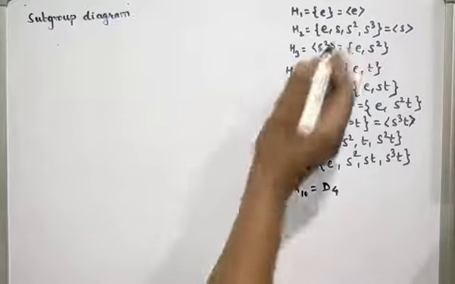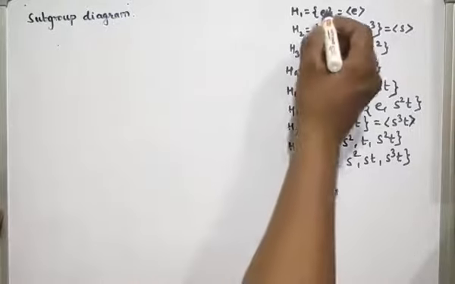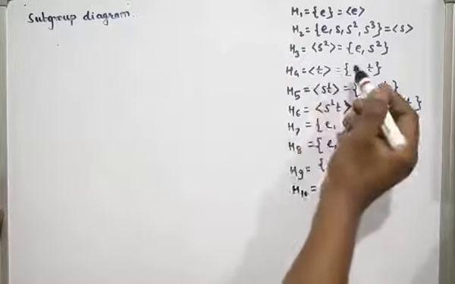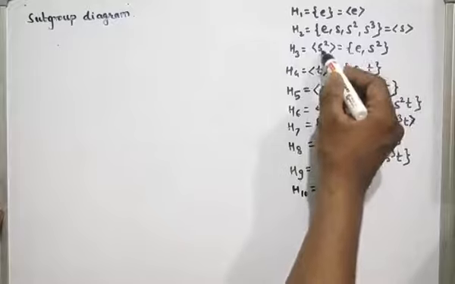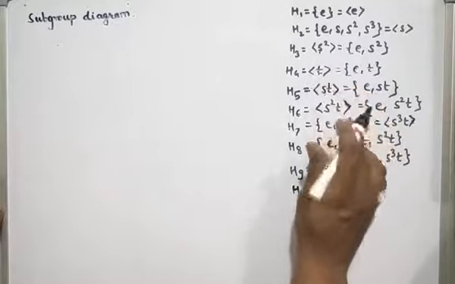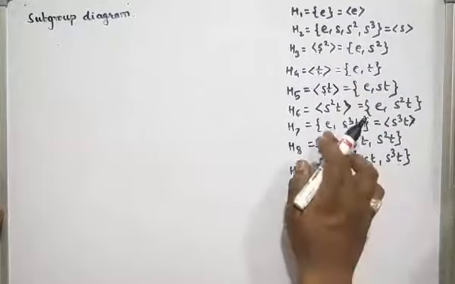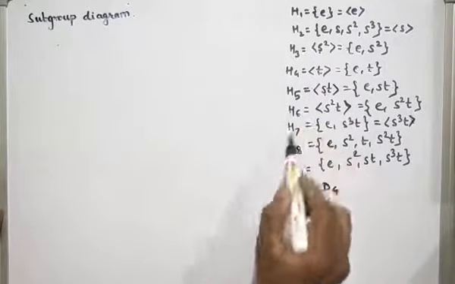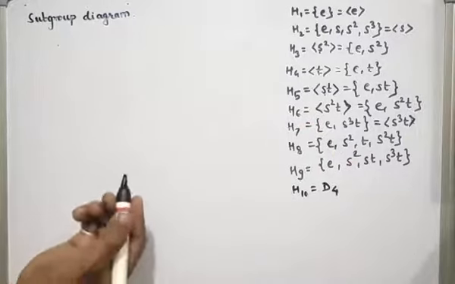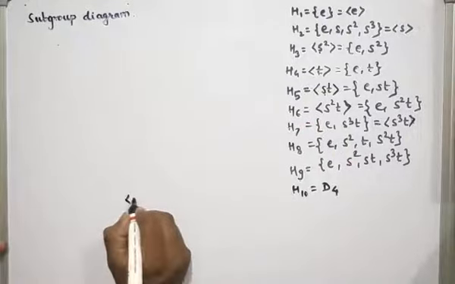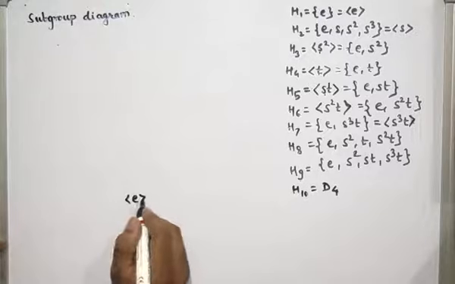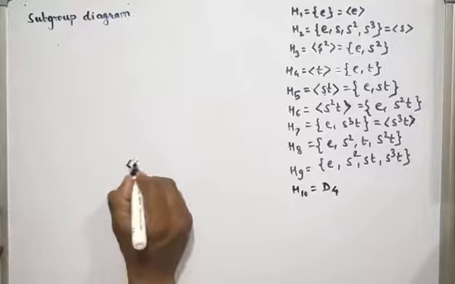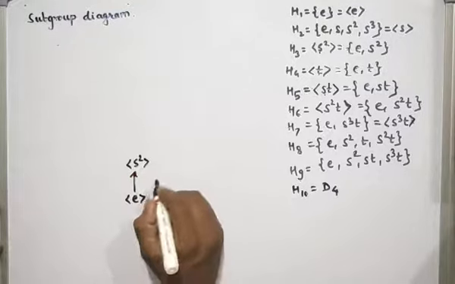So let us find the subgroup diagram. Identity is the smallest subgroup, which is a subset of the others. Then generator S square, generator T, generator ST, generator S square T, and generator S cube T, because these H3, H4, H5, H6 and H7 have two elements. So I will write here generator identity at the bottom, which is a subset of generator S square, which is again a subset of